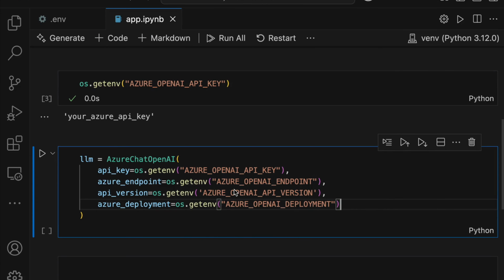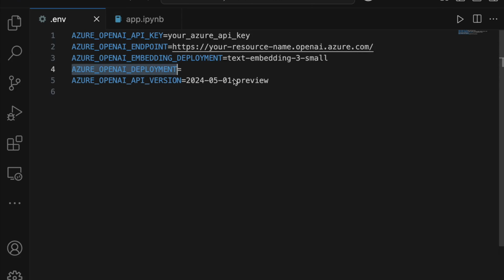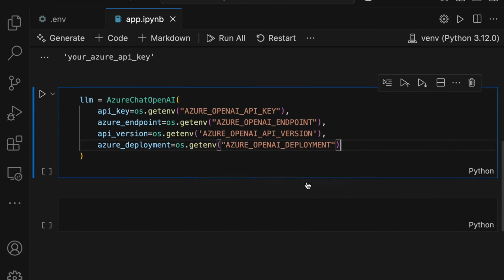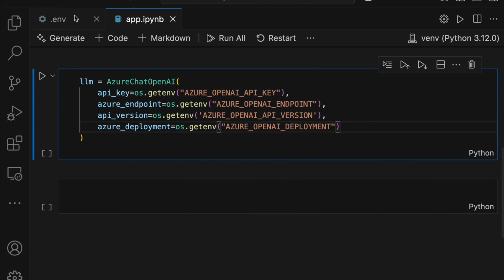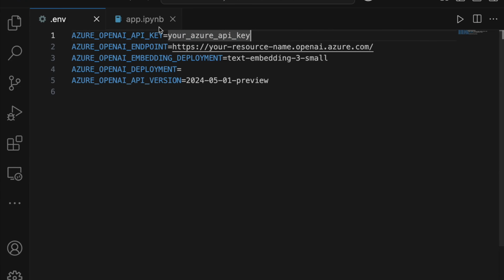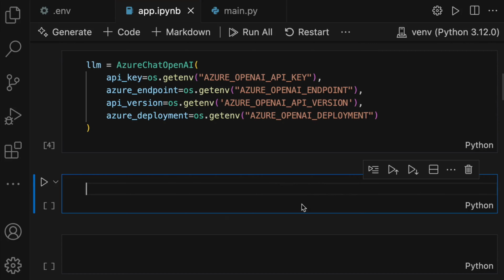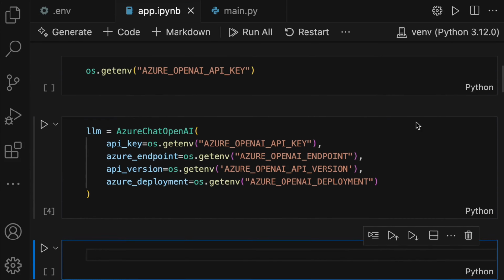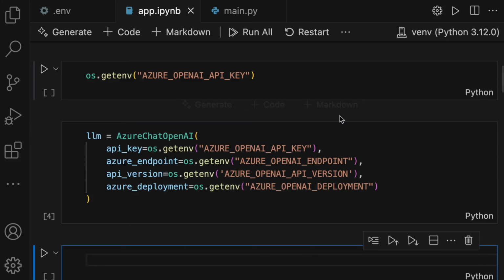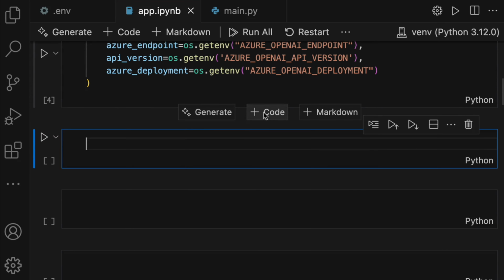So that's it. And over here you have to remember, this is actually dummy data. You have to exchange it with your original credentials. I will be adding this in a while, but just to show you how this works, I have used dummy data and placeholders. So now that we understand how we can initialize our AzureChatOpenAI,